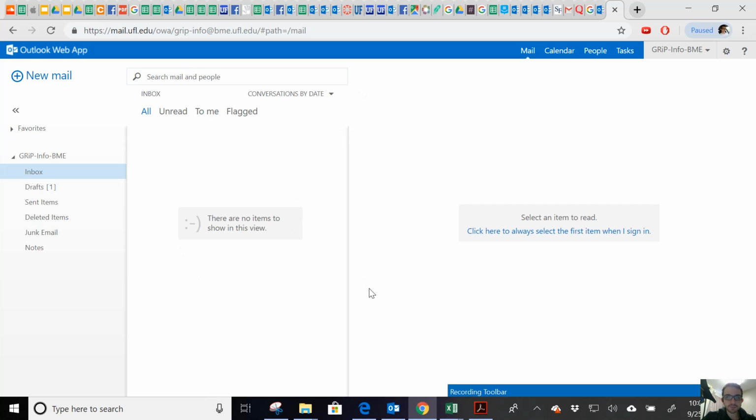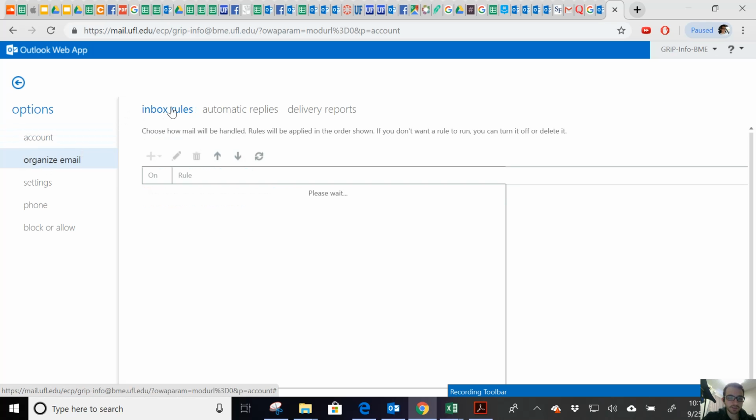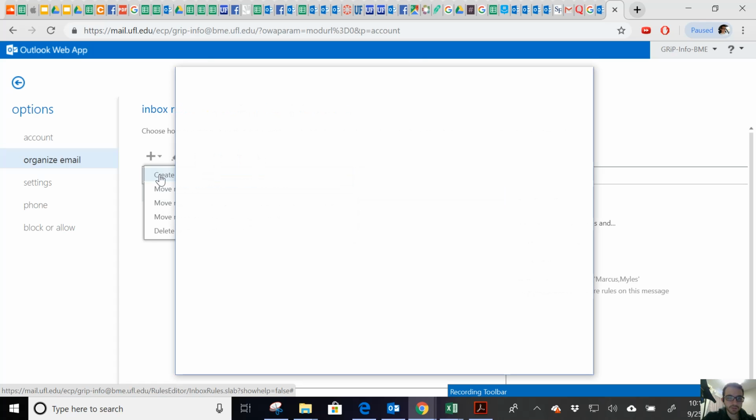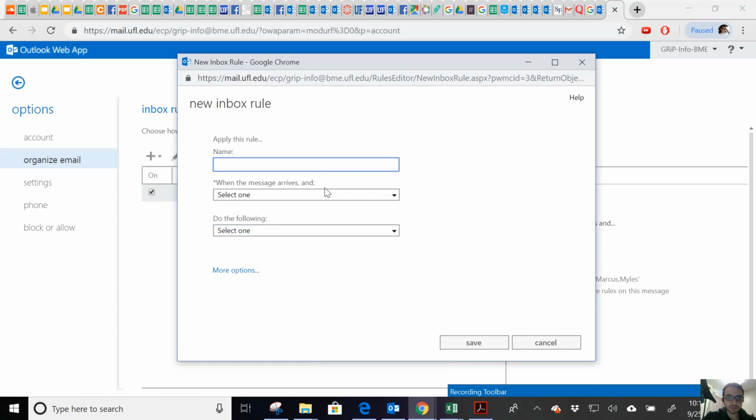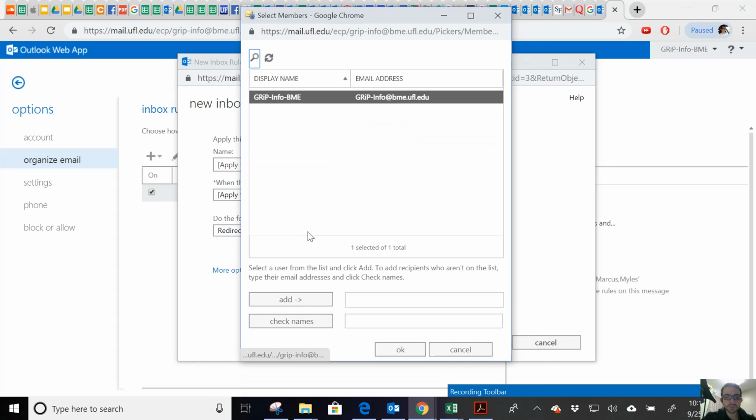And important things on this email are if you go up here to settings, you can set it up so that when an email comes into this email, you get a notification that there's an email there, in case you're not checking this one actively. So you go to options, organize mail, and on inbox rules, you're going to press plus, create a new rule. So all you're going to do is go to when the message arrives, apply to all. So any message that arrives, you want to redirect the message to, and what you can do is put in your UF email,